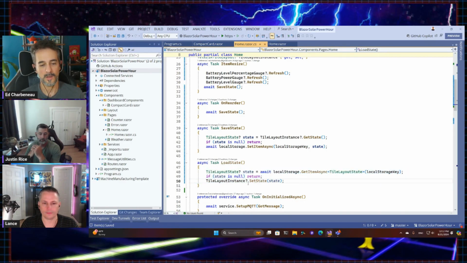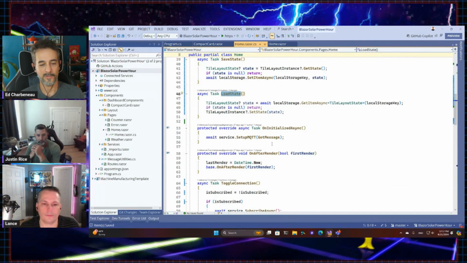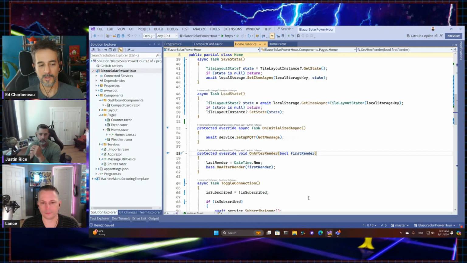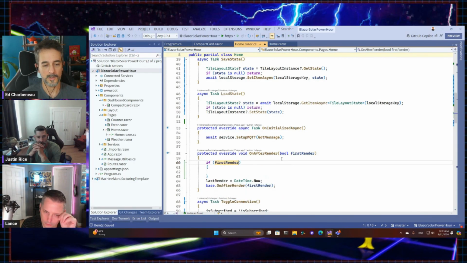So we're gonna take that, load it. We need to call load state on after render the first time. We're not going to call it in on initialized because this requires Blazor to talk to JavaScript to get the values, and JavaScript is not always present on initialization. So we want to do it after the component renders because we know after the component renders, JavaScript has to be there. And is this when we use the first render flag? Yes. So we'll say if first render